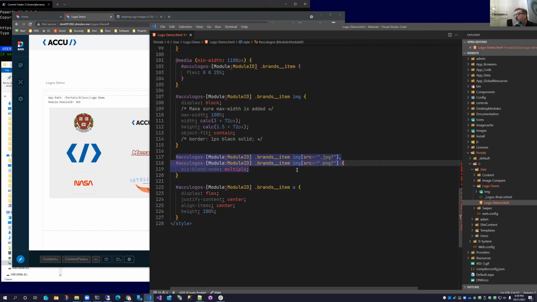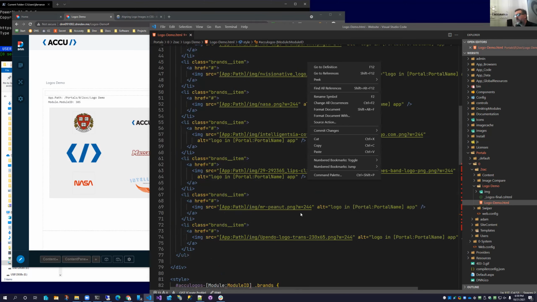So it's also interesting to point out there's some nice advanced stuff in here too. We're doing modern CSS selectors. If you're not familiar with that stuff, I recommend you go look at it. So this is actually saying that image tags where the source contains, that's what the asterisk is there. If you do a $, it means ends with, asterisk means contains. And so it's looking for the file name in here.